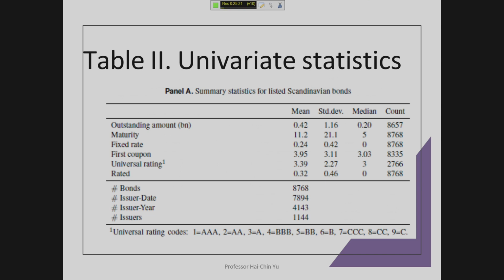So Universitas is also showing the results. We can see this is the regular bonds. And is this fixed rate or floating rate? Most of the regular bonds, 20% are fixed rate, and the others are floating rate. So first coupon is 3.95. This is for regular bonds. And maturity is 11.2. Compared to green bonds,